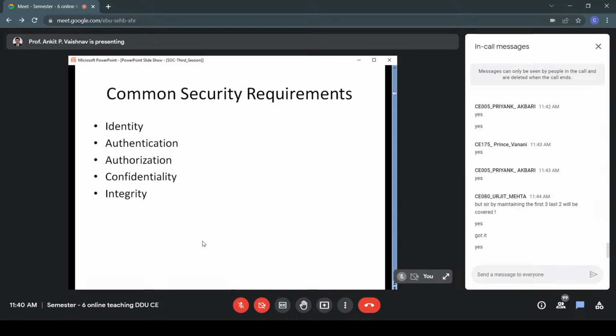This is actually a set of standards. WS security is not a single standard. Then we have authorization that decides the rights given to that service. And finally, the encryption and all those concepts will be covered in confidentiality and integrity. So tomorrow I'll start these concepts in more detail, and then we'll see some case study examples. Okay. Let us end this session for today. Thank you. Have a nice day ahead.